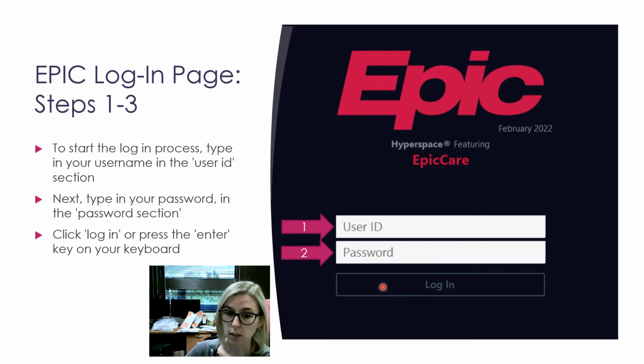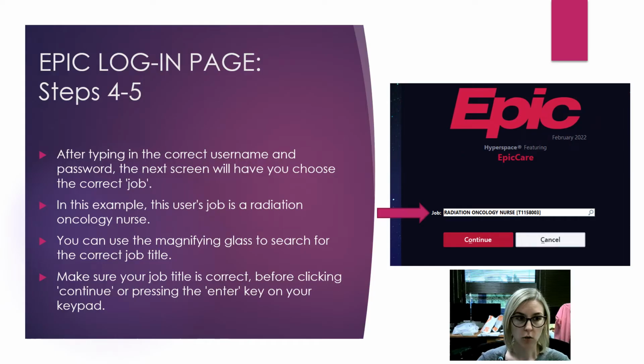With Epic, there are a lot of times many ways to get to the same outcome, as some of you may know. So again, steps 1 through 3: your Epic username that's been assigned to you, your password, login or enter. Once you do that, the next screen you're going to see is this one where you're going to